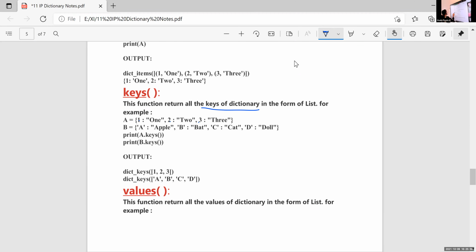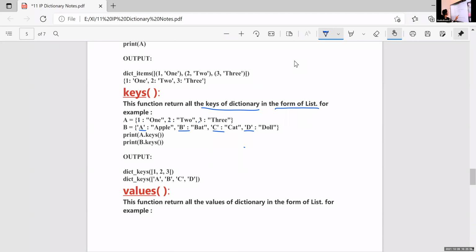Here b dot keys means it will display A, B, C, D. So keys, from the name itself, is a built-in function used to display the keys in the dictionary. The result is in the form of a list.